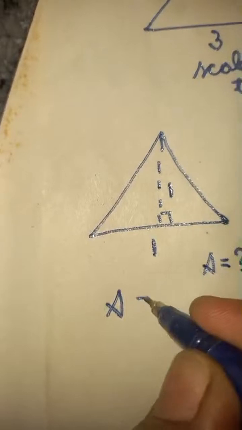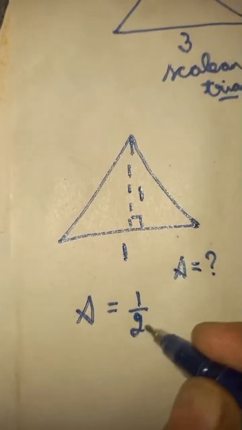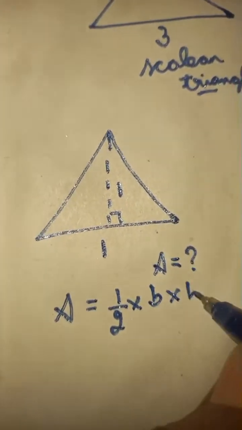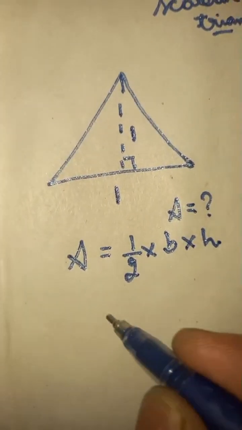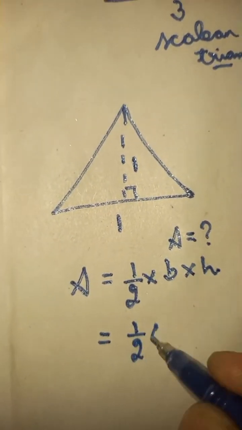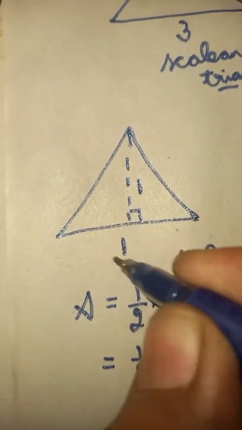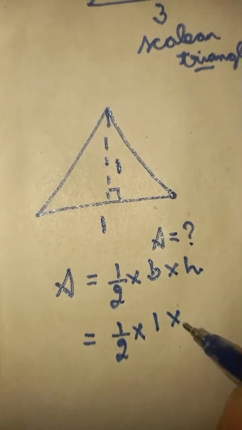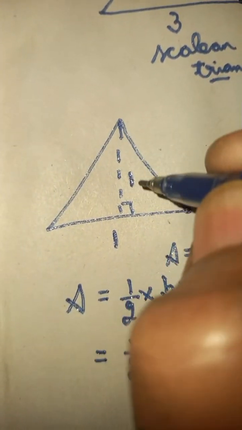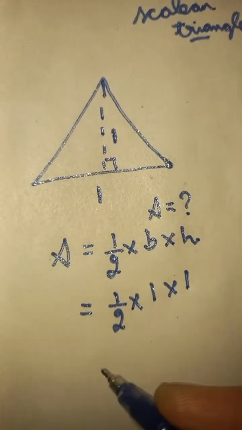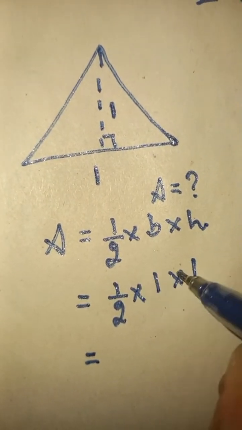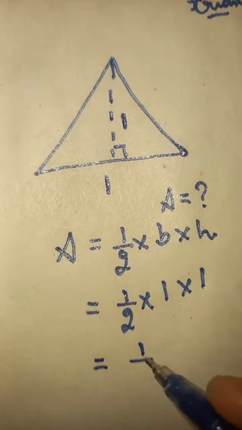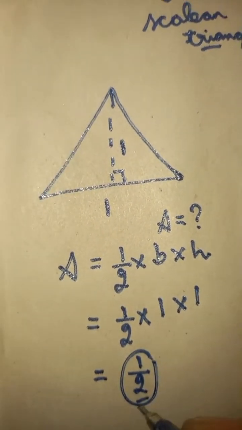The area of this triangle can be found as half times base times perpendicular height, that gives half times, this is the base, which is 1 unit, times this is the perpendicular height, that is also 1 unit. In the numerator, 1 times 1 times 1, it is 1 by 2